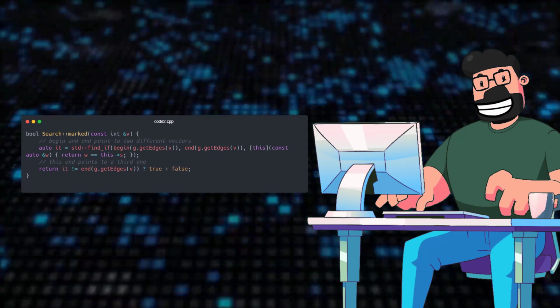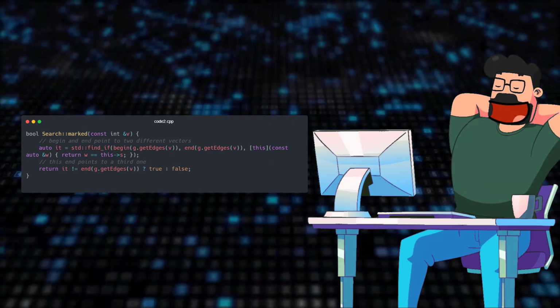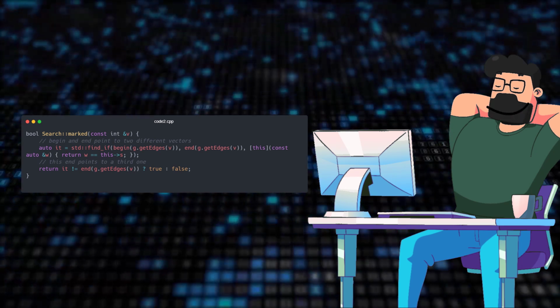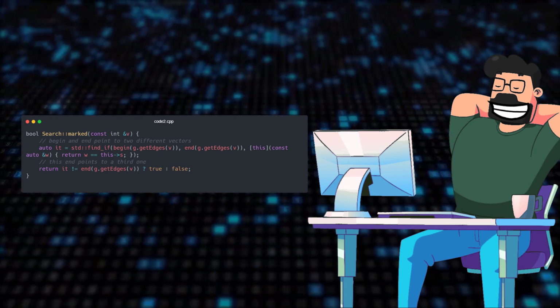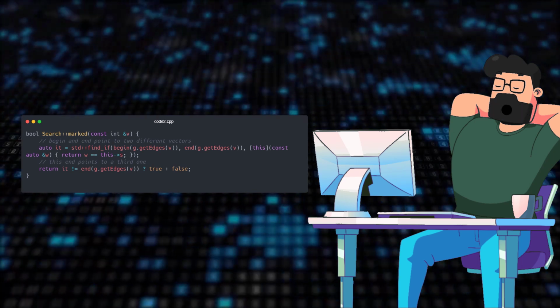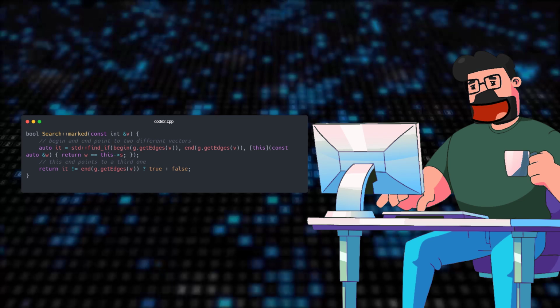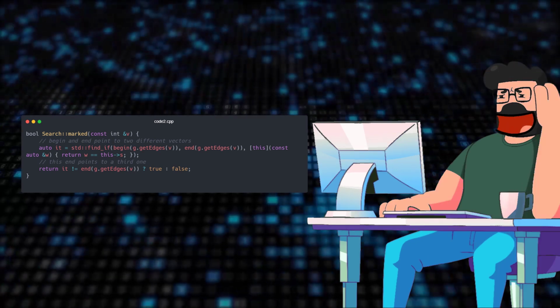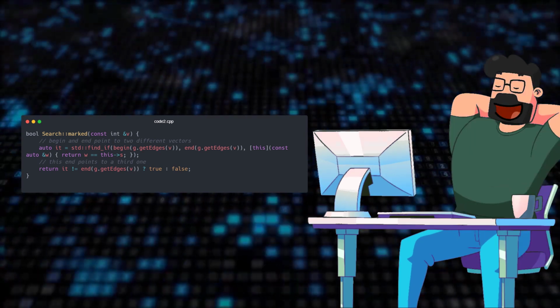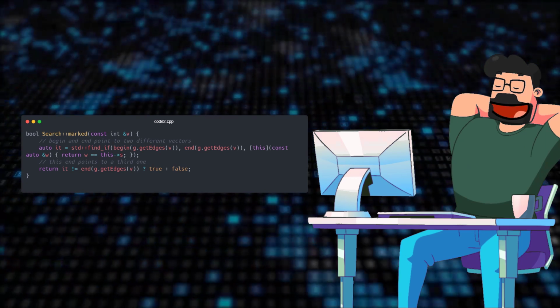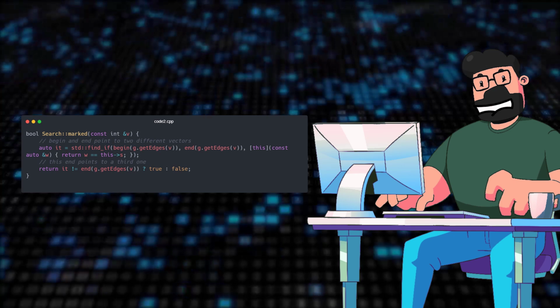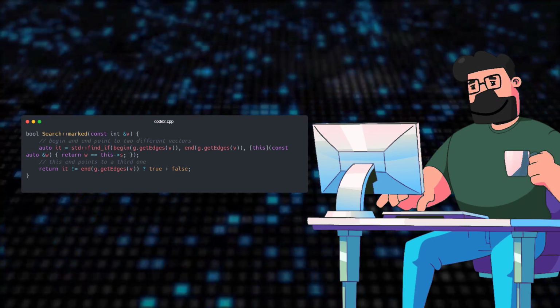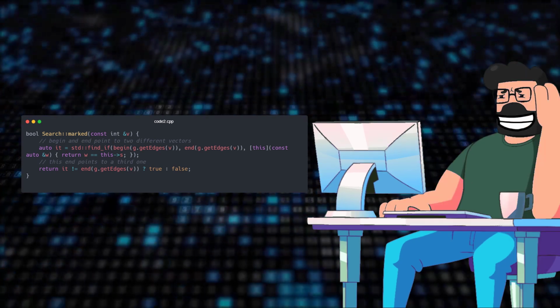Continuing with the solution, the problematic code snippet within the marked function exacerbates the issue by comparing iterators from different instances of the vector returned by getEdges. This mishandling results in undefined behavior, making the std::find_if implementation unreliable. By returning a reference in the getEdges function, the iterators will now point to the same vector instance, ensuring consistent